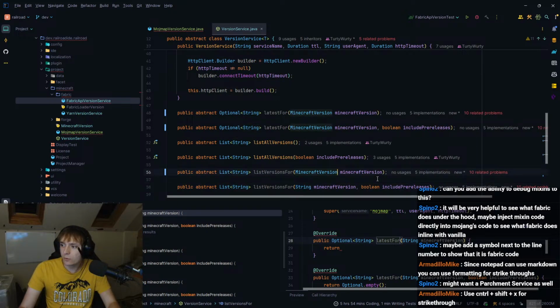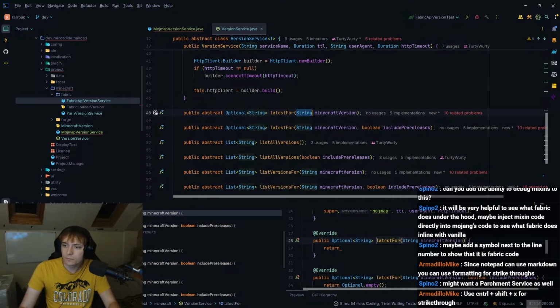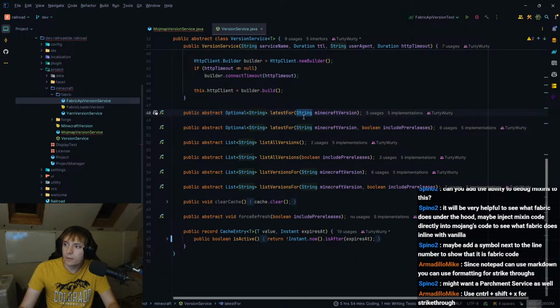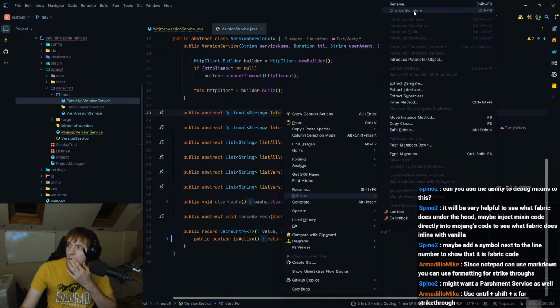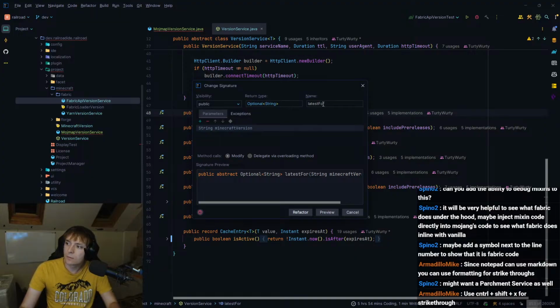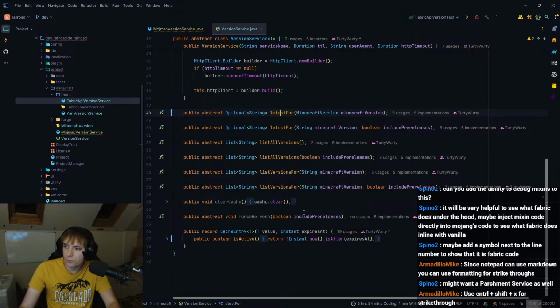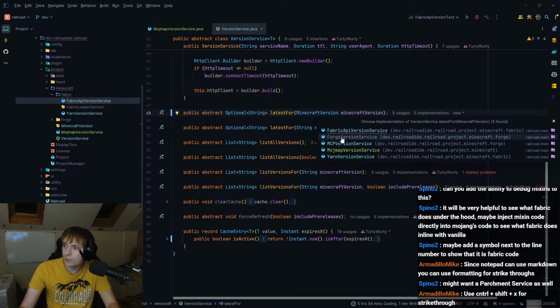Actually, if I go back, I do this. If I do refactor, change signature, and change this to be a Minecraft version, does that affect the implementations?